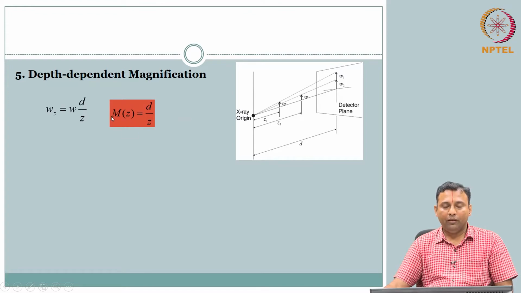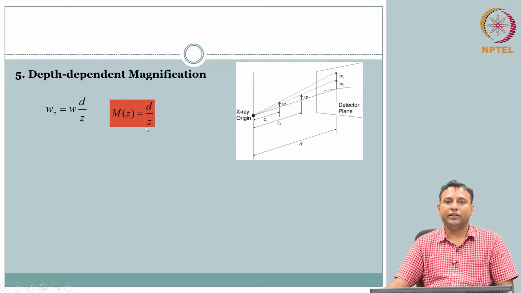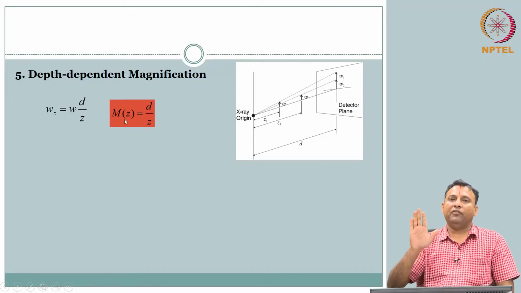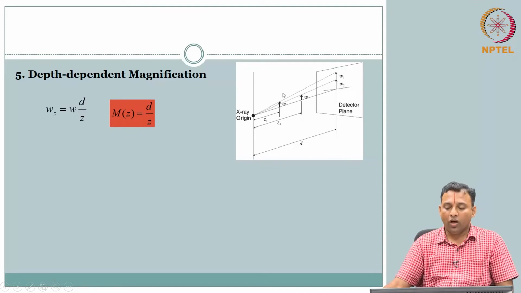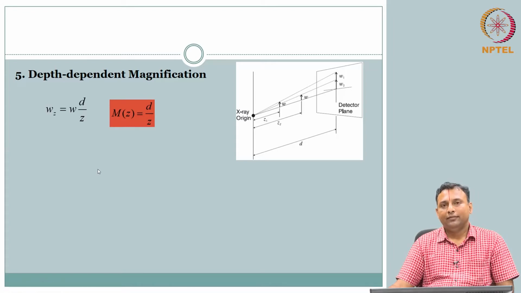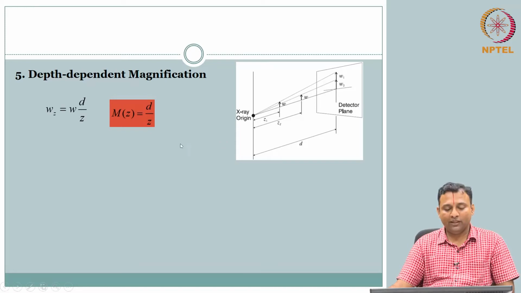Make sure that you carefully register that this is capital M of Z, which is a depth dependent magnification. We will quickly have another magnification that we will talk about. Don't get confused. Here we are talking about a stick object. If it is close or further away, the magnification is altered by D by Z. So depth dependent magnification is an important factor, right? You don't want to make a measurement on the image and wrongly advise that the tumor has grown big or whatever. So this is a very important factor.